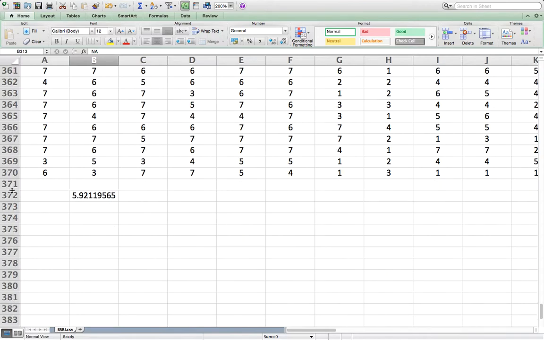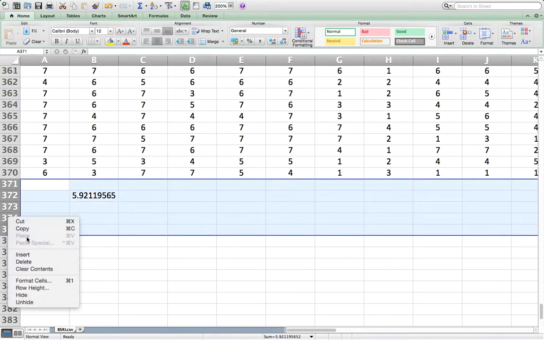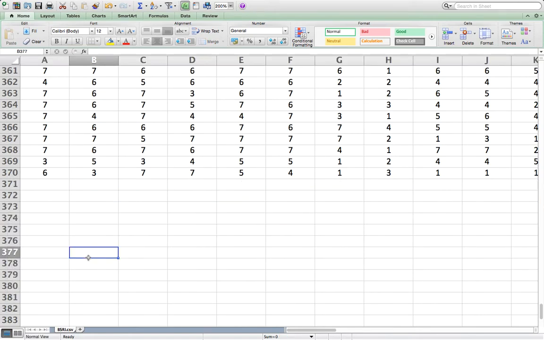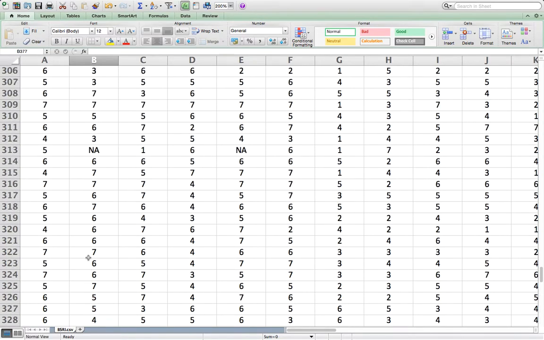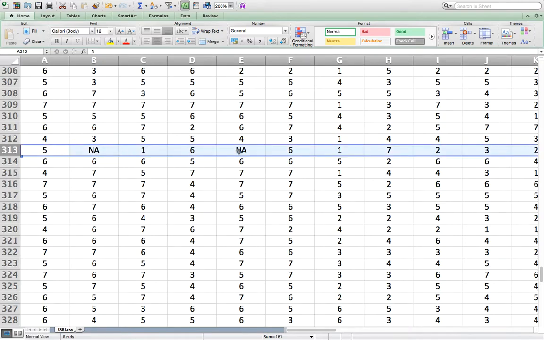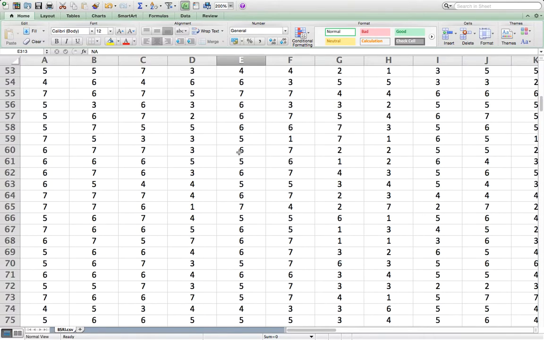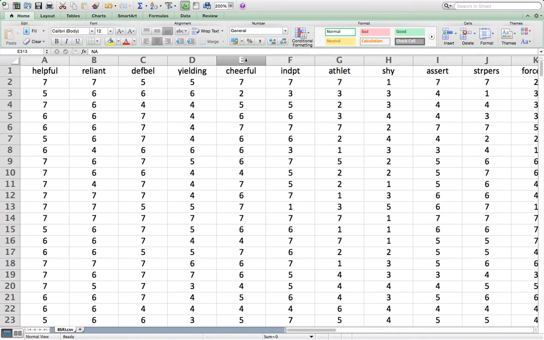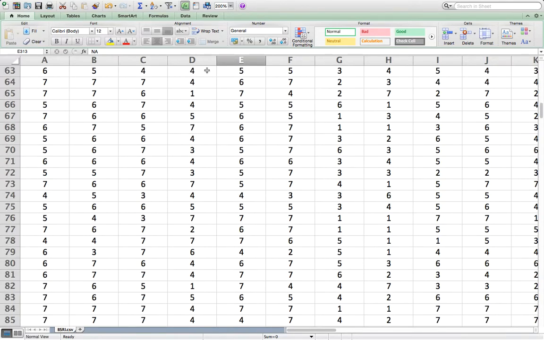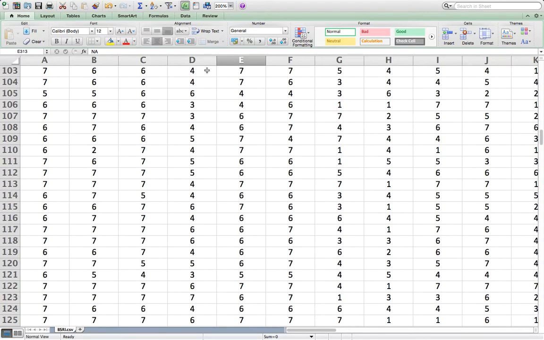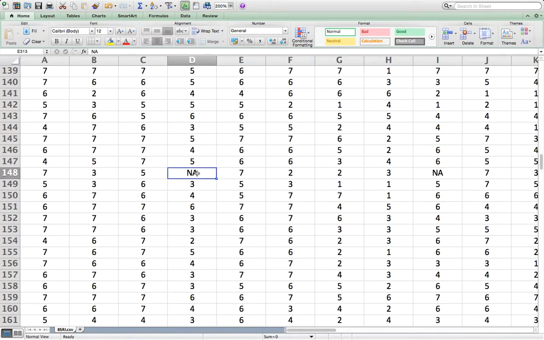I'm not going to do that. I'm probably going to have you do something like that on a homework assignment, but I'm not going to do that here because I want to show you in R how to handle that. And guys, this is real life. This happens. This 312th person, for some reason either didn't want to answer that question, or maybe they thought they answered it. We're going to get into systematic and random error once we get into the test theory. Who knows what happened there? But the fact of the matter is, as an evaluator, you just simply don't have that information.